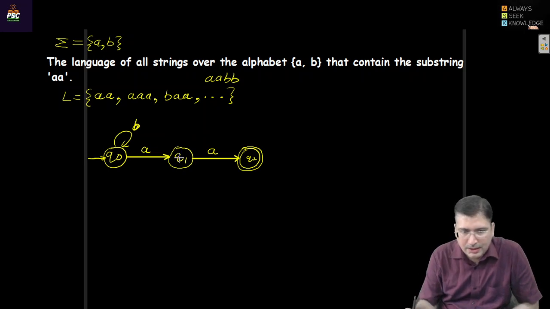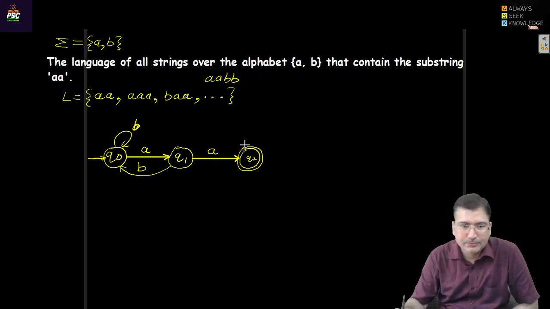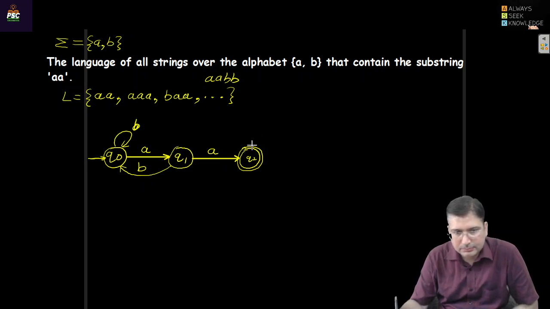So after A, let's say here, if B comes, it is better to go backward. If you apply a loop here, then there will not be any guarantee whether A is coming consecutively or not. So if B is coming here, I'm going back, right? So B n number of times it may come, maybe 0 times or n times. Then A, if any B comes here, I will go back because I want two consecutive A's. Here anything can come, maybe A or B can come,